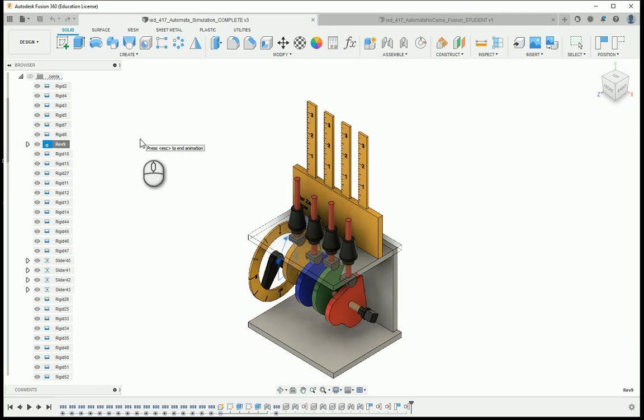This video is going to provide a demonstration for activity 417, simulating cam motion. In this video, we are going to take a Fusion 360 CAD model that has been provided to us, and we're going to install some of the cams that have been modeled in previous activities. That way we can see what kind of motion each cam will give us, and also be able to analyze what kind of motion graph we can gain by using the measurements from the cam model as